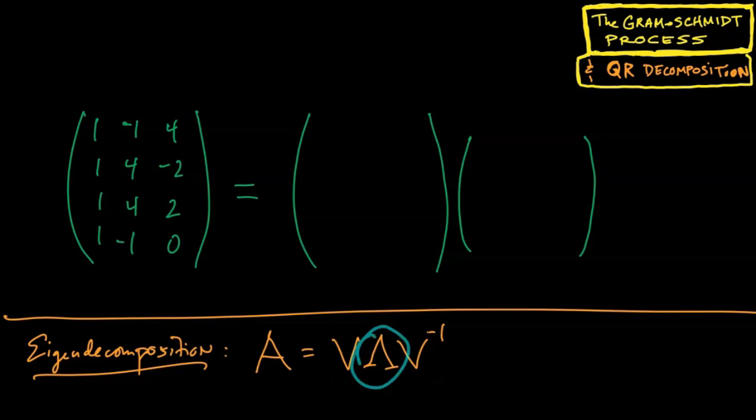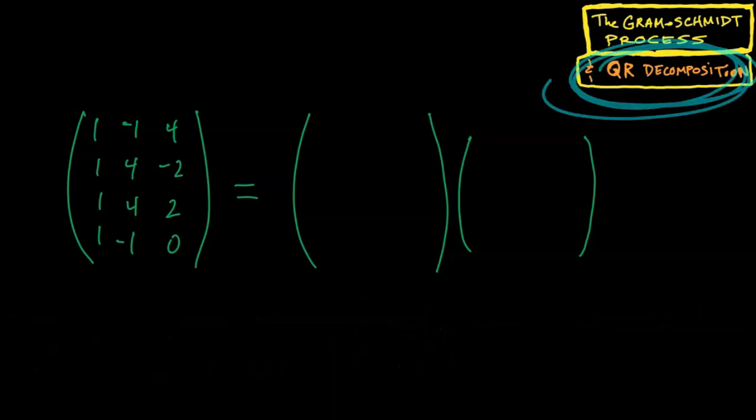The middle matrix is diagonal, for example, and its diagonal entries are the eigenvalues of A. The first matrix contains eigenvectors corresponding to each of the eigenvalues. The third matrix is the inverse of the first matrix. That sort of thing. Anyway, QR decomposition is another sort of matrix decomposition, and it only holds for certain types